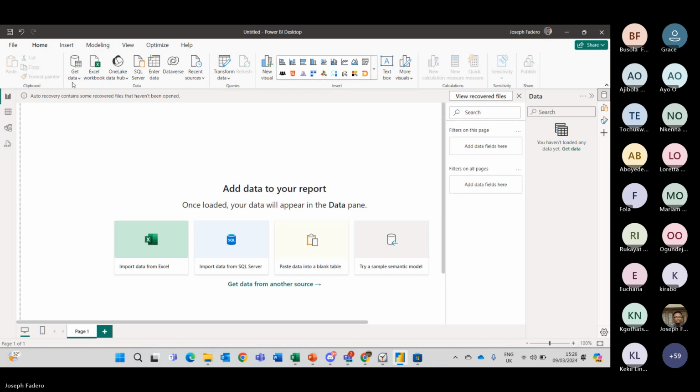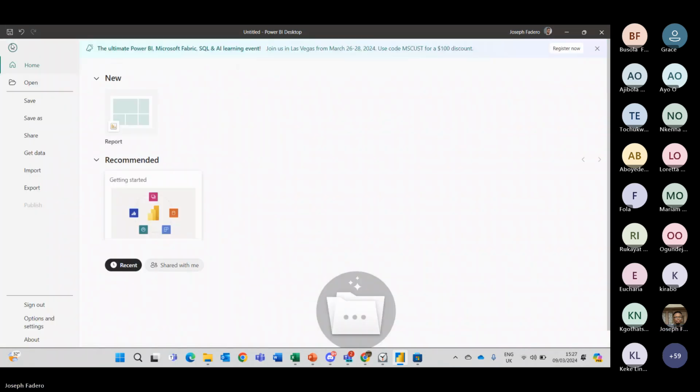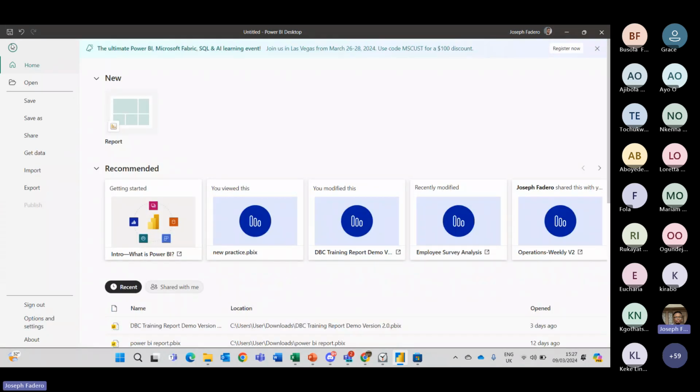So right now, I want us to come to the File tab. This is your Home tab. I've not yet talked about Insert, Modeling, View, Optimize, and Help. But let's come to our File tab. If you click on your File tab in Power BI Desktop, you have this section on my screen, which is kind of similar to what you have on your other Microsoft tools and services. Your Home, Open, Save, Save As, Share, Get Data, Import, Export, and Sign Out, and you have something which is very, very valuable, which I call Options and Settings. If you click on these Options and Settings,